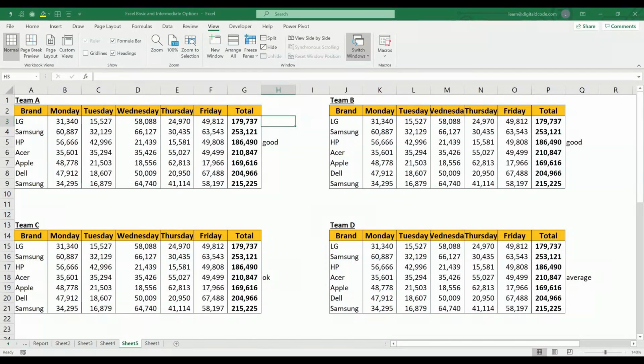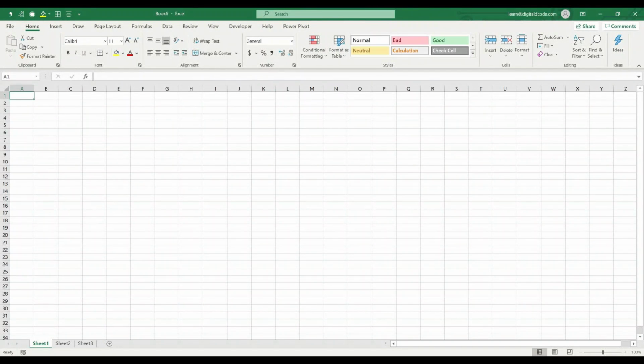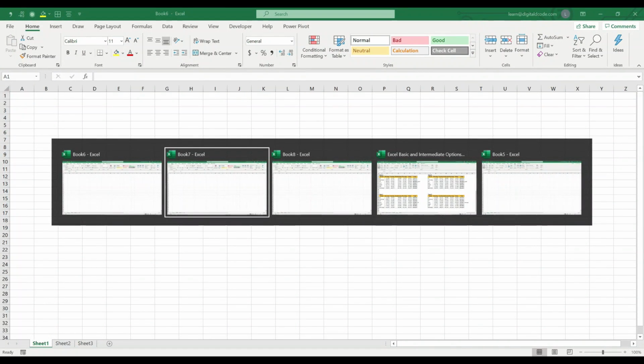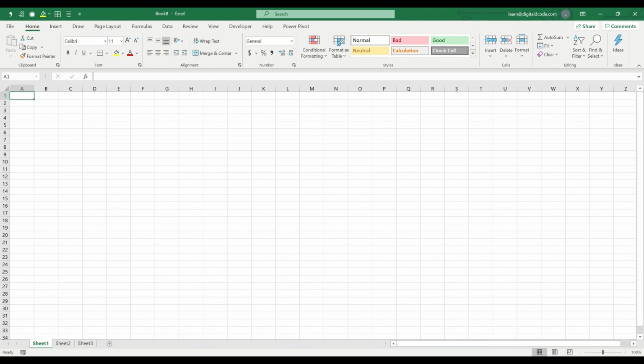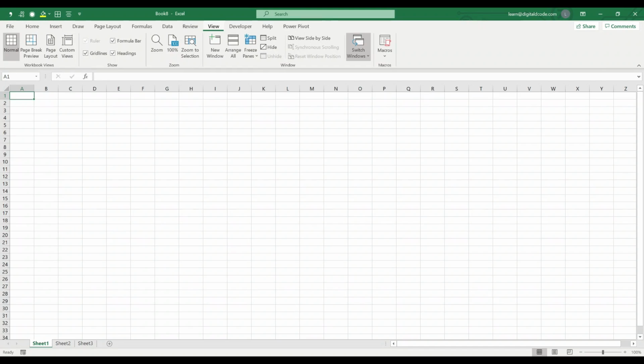Even if you have multiple workbooks, now I've inserted a few Excel workbooks, so I have many workbooks here. It's very difficult to search if you have many workbooks. So what I can do is press Alt W W. It will show the list of workbooks. Here you can see them by name, and it will be very easy to select the workbook you need. So now I'm going to choose this.